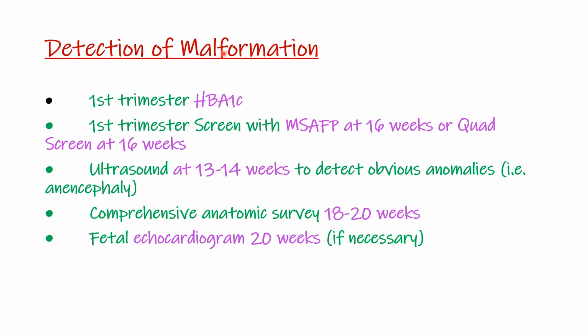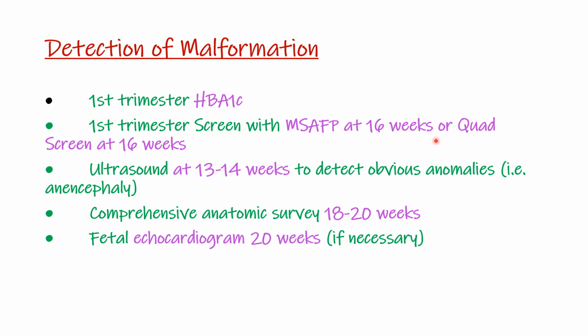So how do you detect malformation? You detect malformation by, number one, first trimester HbA1c. Already we said the malformations will occur in the first trimester where we have organogenesis. So a higher HbA1c indicates that we are not actually controlling this glucose. In addition to that, first trimester screen of alpha fetoprotein at 16 weeks,